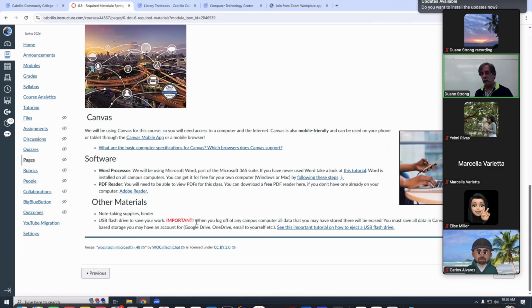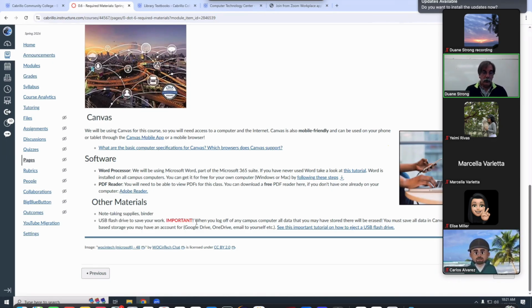We use this technology so some joker can't change settings and put something inappropriate on the screen. Every time you log off, and you should always log off when you're done so someone else doesn't use your account, anything you saved on the computer will be gone. So don't save your work on the physical computers at Cabrillo. Save it on the USB drive.